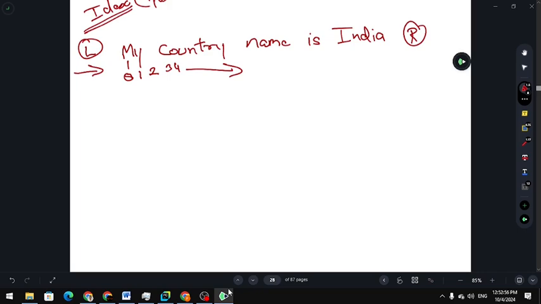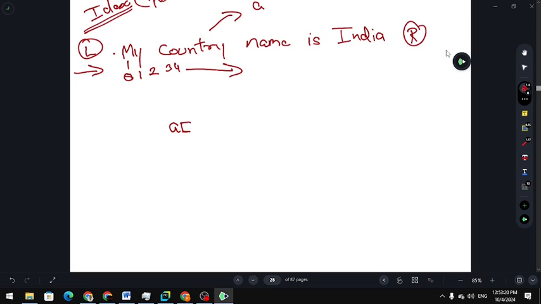For that purpose, let's say we have stored this statement in variable a. Let's say we want to get this u. So we will be using the square bracket operator in the manner I am showing you.